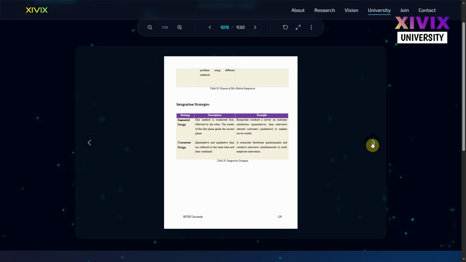There are two strategies that we can use in this mixed method integration, and the first strategy is the sequential design. So one method is conducted first and it's followed by the other. Therefore, the results from the first phase guide the second phase. For an example, a researcher conducts a survey on customer satisfaction as a quantitative approach, then interviews selected customers qualitatively